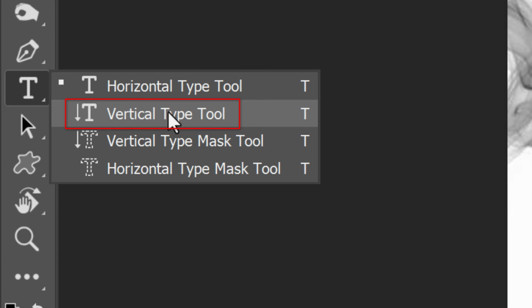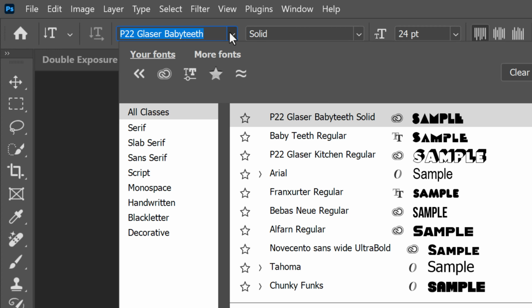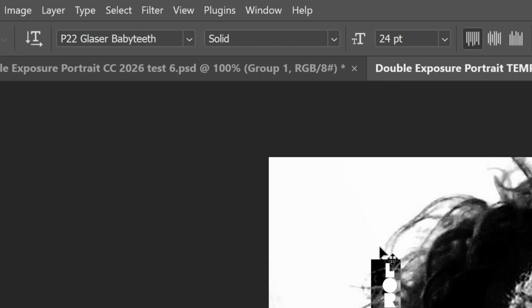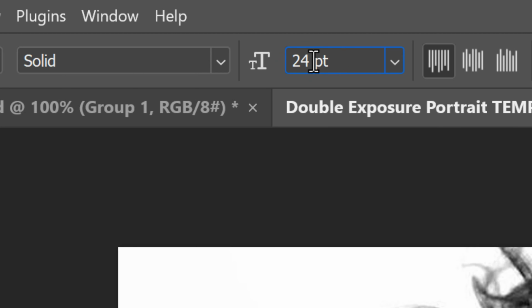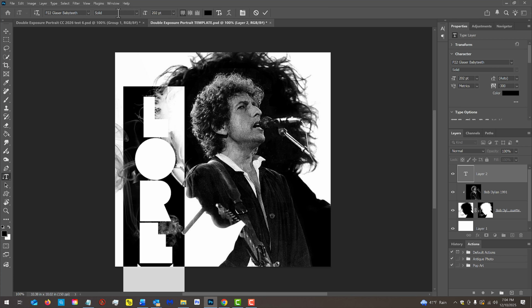Open the Vertical Type tool and the Type Picker. Type P22 and the font you downloaded will appear at the top of your list. Click your poster, and for the size of your text, type 202 for the point size, and press Enter or Return. Type out Dylan,